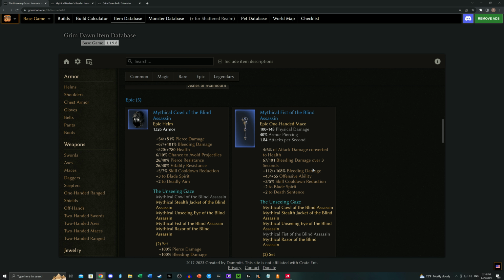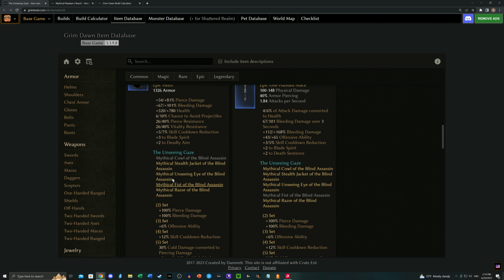Why don't I recommend, say, parts of this build? Because this is a 5-piece set, which includes 2 weapons. So if you're not using the weapons, it's a 3-piece set, where you're getting 100% pierce damage increase. Double pierce damage is a bit disingenuous, but anyways, plus 100% pierce damage and increased offensive ability. Why don't I recommend that you maybe go and equip these pieces? Well, as I've stated before...